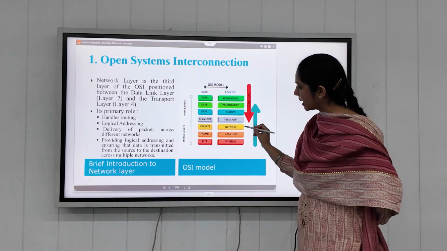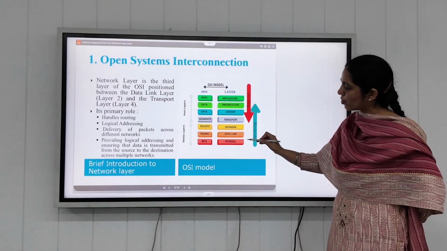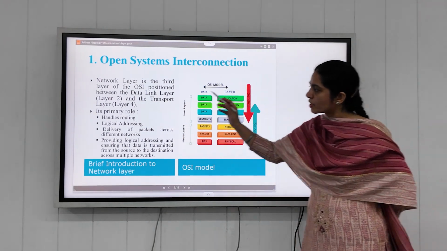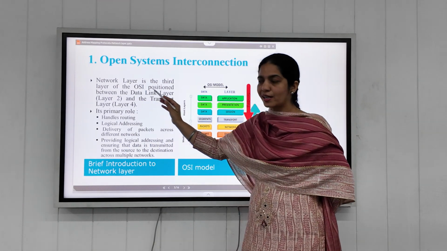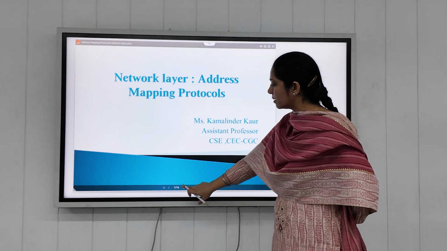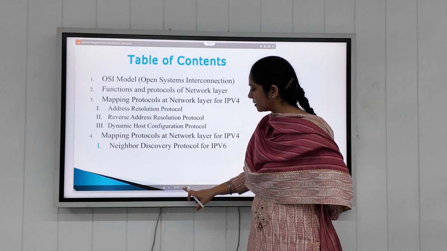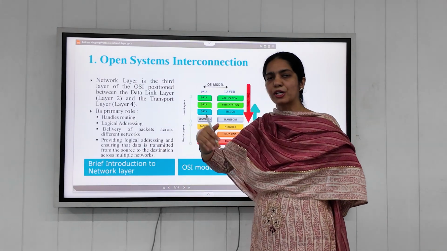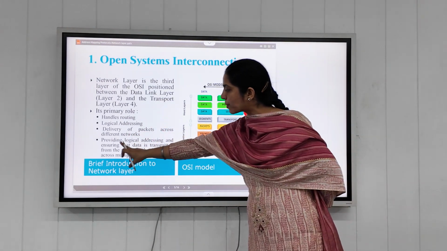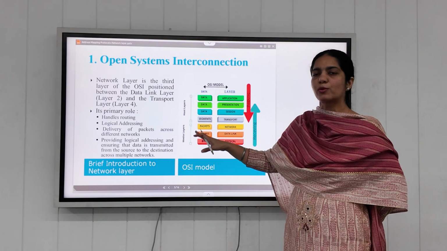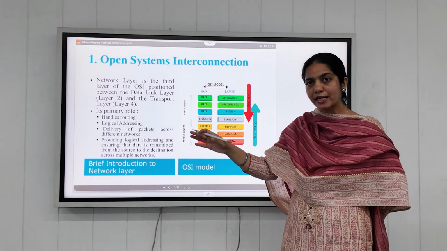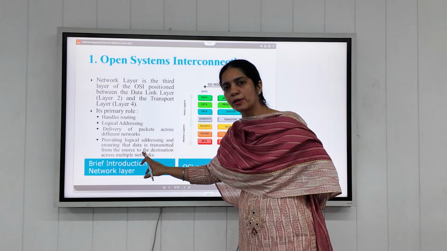The network layer lies at the 3rd position of the OSI model, between the transport layer and the data link layer. The basic functions of the network layer are routing and handling the data, transferring the data packets from one location to another, delivery of the packets across different networks, and providing logical addressing, ensuring that the data you are sending reaches the proper destination and has proper significance.